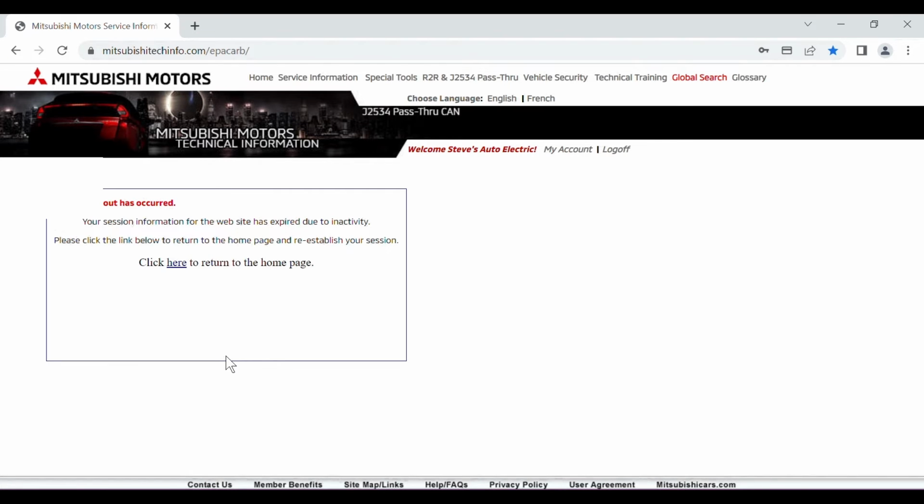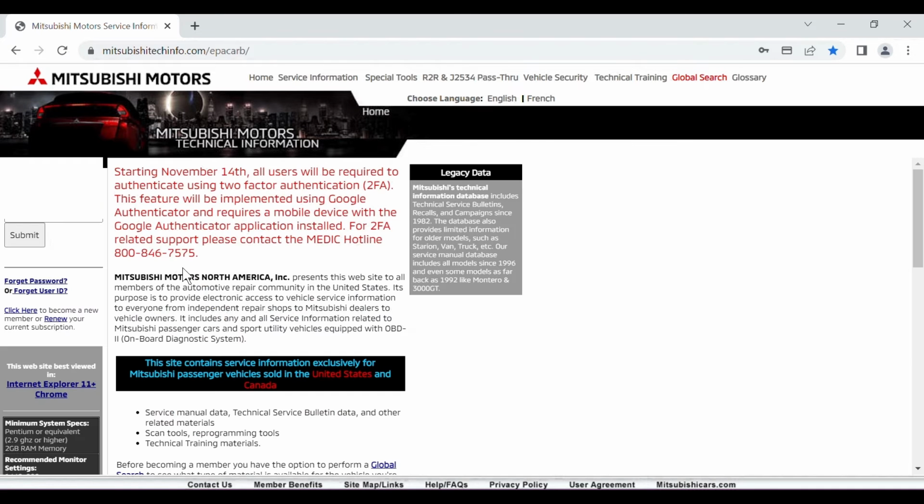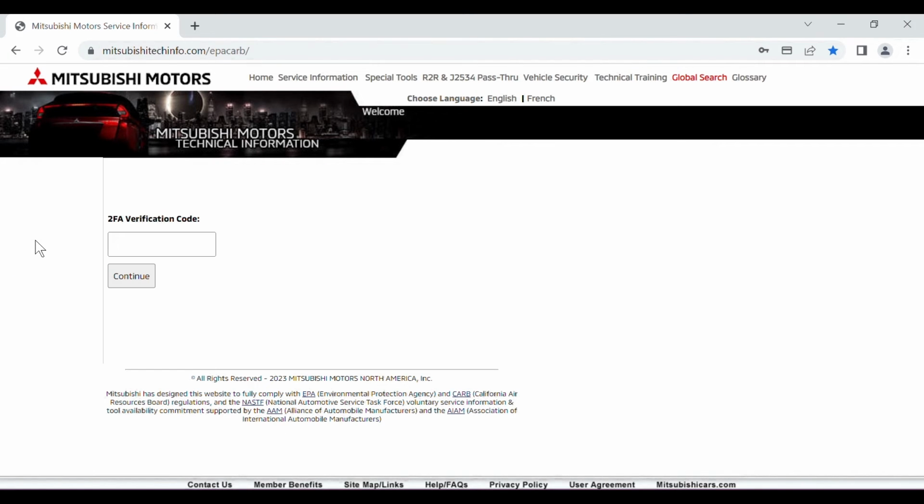And oh my God, this is one of the things I hate about this. Every time you turn around, it kicks you out. So now I have to go back and click there to reinitialize. Sign back in. And it wants a verification code, and that's something that I didn't mention a while ago. It is going to ask you to put an app on your phone,